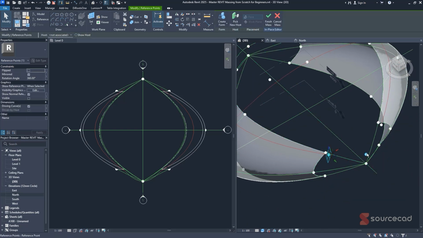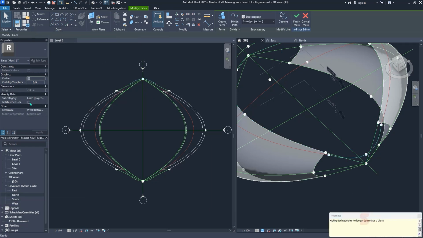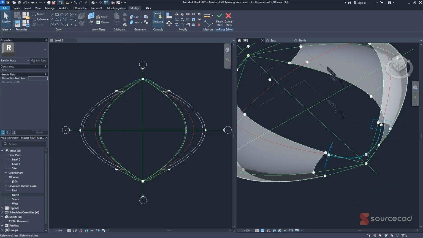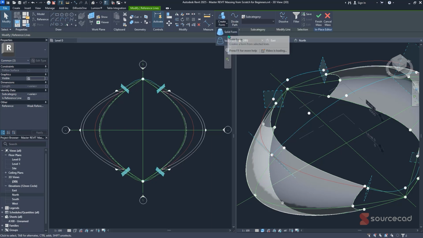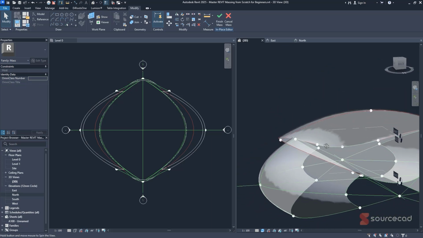Then I'll select my first point, then my second point, then my third point, holding down my control, using this option, then making sure that it's a reference line as well. Then all I have to do is tab select this first item, then select the second, then select the third, then just simply go to create form using void, and just like that, now we have this specific roof created